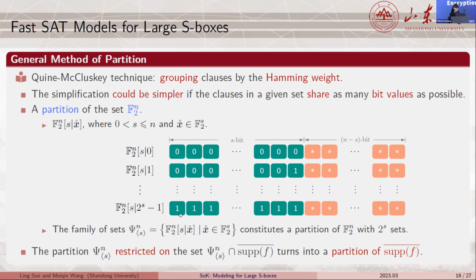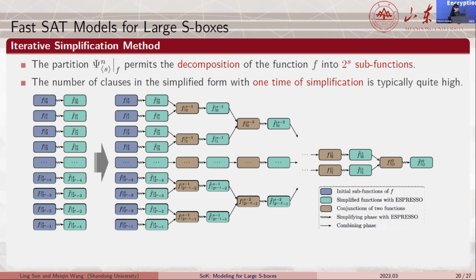In this way, we create in total 2 to the S sets, and the family of these sets constitutes a natural partition of F2^N. When the partition is restricted to the set we are interested in, it turns into a partition of this set. Now that we have a partition, it already permits the decomposition of the function into 2 to the S subfunctions. If we apply Espresso one time and take a conjunction of the simplified functions,